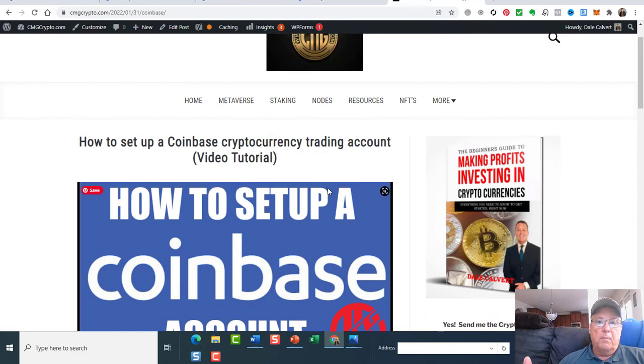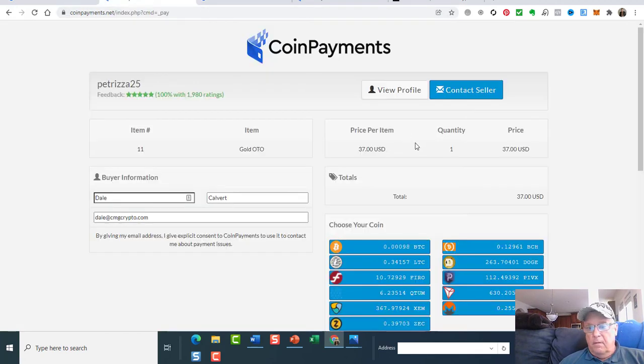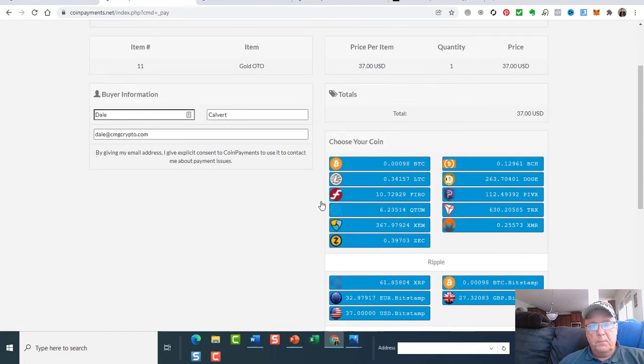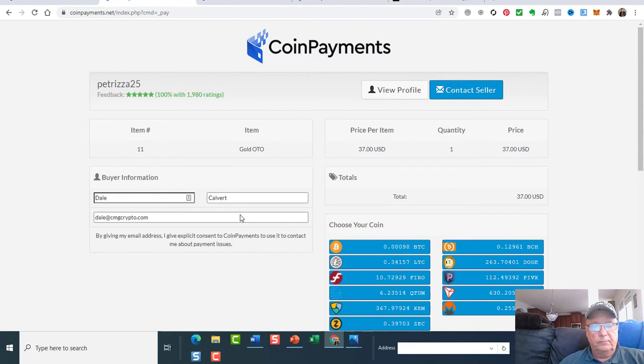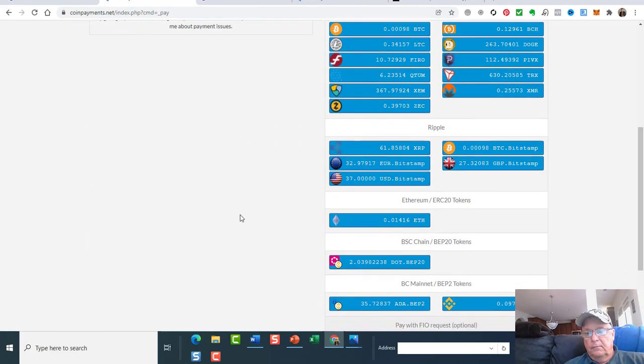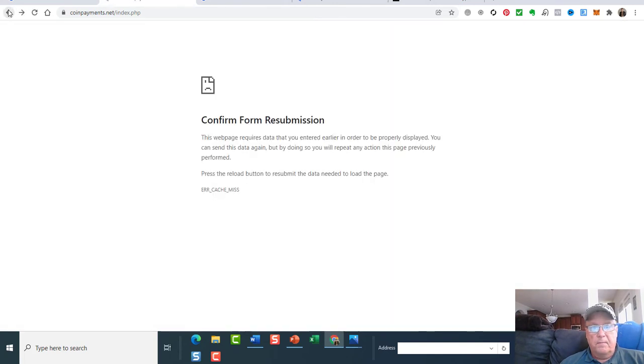I would go through Coinbase, and you're going to need $45 or whatever, or well, how much was it? $45. This is actually saying $37 now. Well, that works. It was $37 or $19.